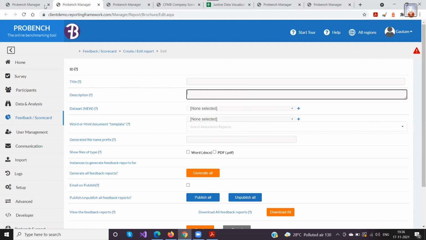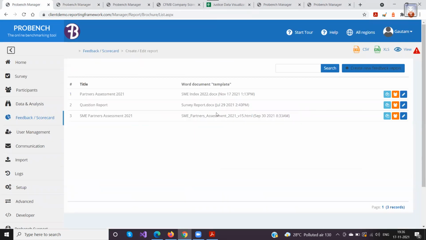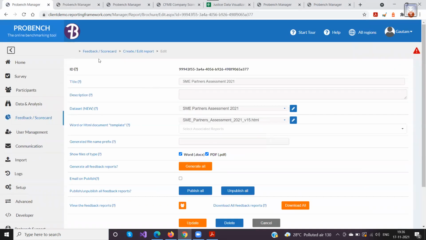Then there is a description field. Just because we are understanding it, I'll actually go and edit one of the existing reports so that you can make a better sense of what it would be. So in this, as I mentioned, this is the title of the report. Then there is a description. In the description, this is again for your own reference, why you have created this scorecard, and all those details that would be helpful for your colleagues to understand why this was created, in case you are not available when something is needed. So the description would be helpful in that case.